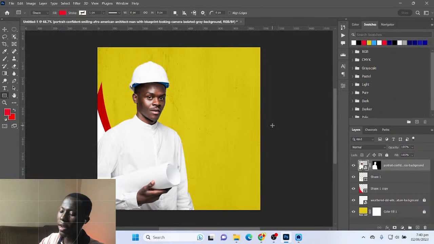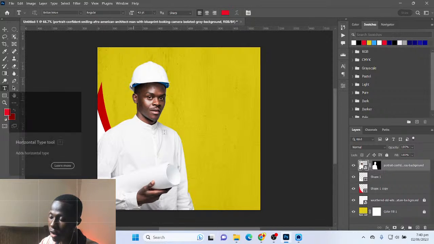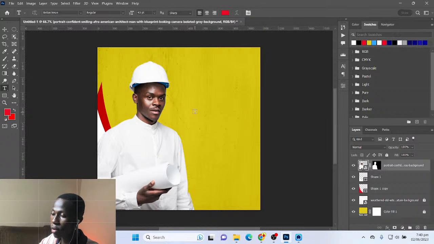Alright, so now I want to bring the text in. Okay, so I'm going to select T. By pressing T, I get a text tool. So like so, if I come here, I can click on it and I'm going to type